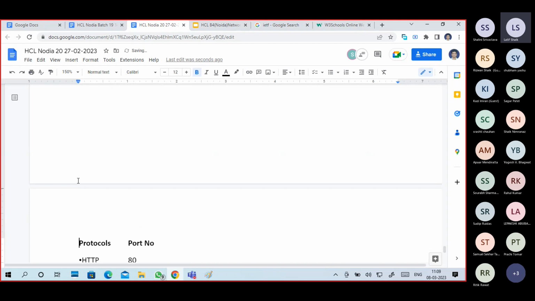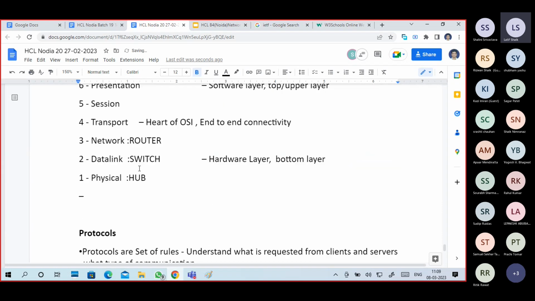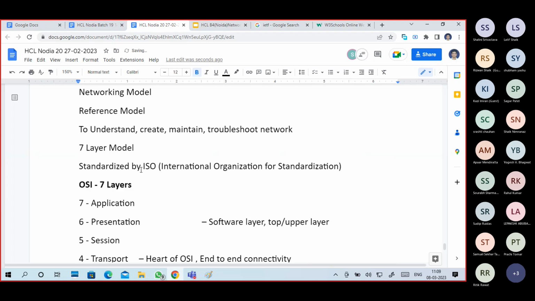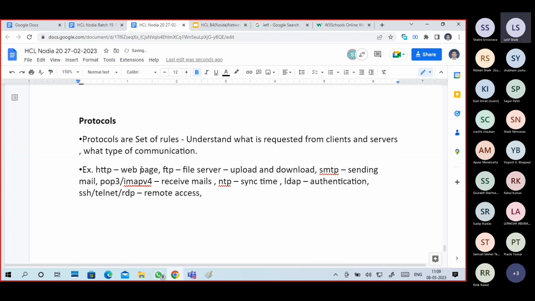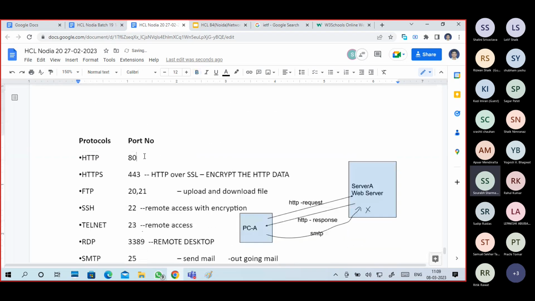All these things I want to put in one place only. That's why I kept all this separated. Okay. Guys, do you understand up to here? Yes, sir.